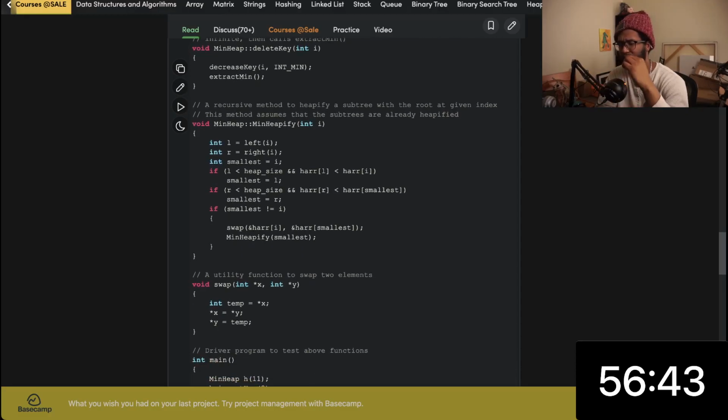This doesn't make much sense. The smallest index is equal to the index itself that we're at. If l is less than heap size, and HR[l] is less than HR[i], then smallest is equal to l. Otherwise, smallest is equal